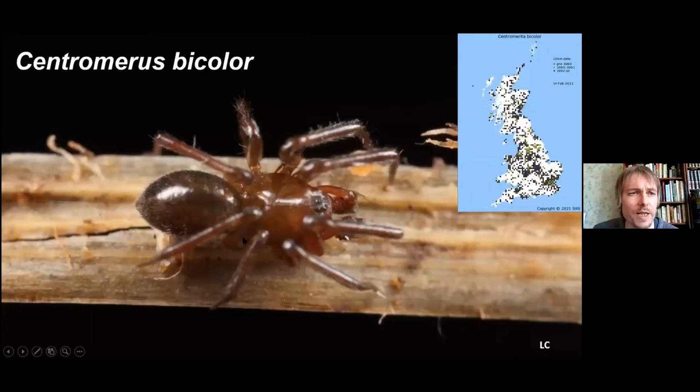I've just popped this one in, Centromerus bicolor, simply because it's a winter maturer. It's like Centromerus sylvaticus. They're much easier to find in the winter months. So November, December, January, it gets difficult by summer. There might be the occasional female just hanging on, but no, much easier. You can find them by the hundreds in winter, and then they become almost